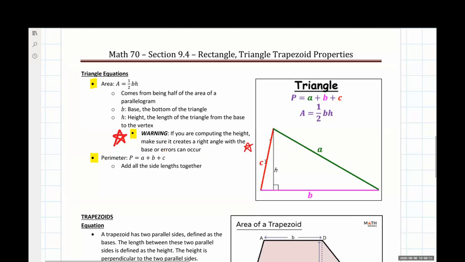So what I mean by that is if we look at our triangle here, we have this one with A, B, and C as our side lengths. A lot of people want to think, oh, well, C looks like it's a side length, so I can use that for the height. Or I can just use A for the height here and then use B for the base because it's on the bottom. And that's not how the base and the height works.